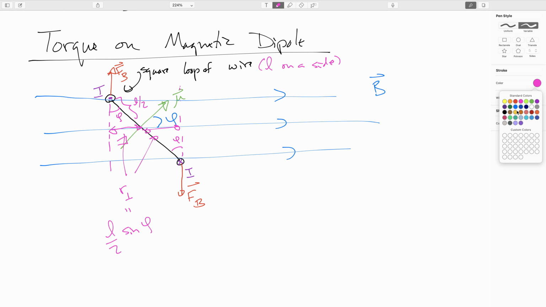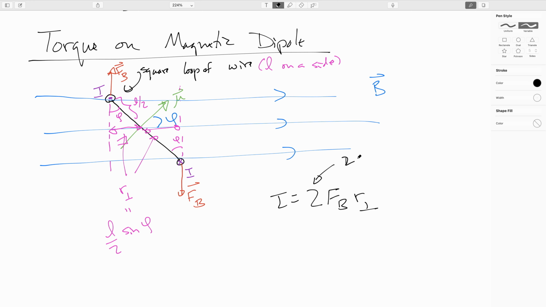All right. So our torque, well, we have two contributions, one due to the force here, one due to the force there. 2 times the magnetic force times the lever arm, and this is just because we have 2 contributions. And then we can go ahead and put in for this. So this will be 2 times